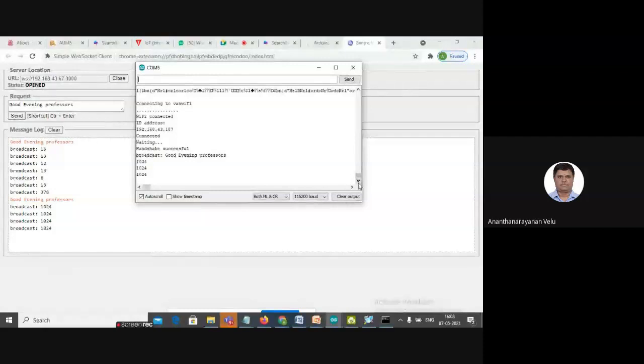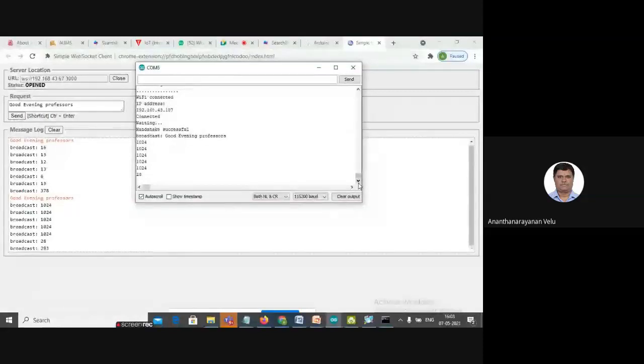Fine. Now I am removing that connection. It drops to a value very near to 0. The value which we are getting is around 28.